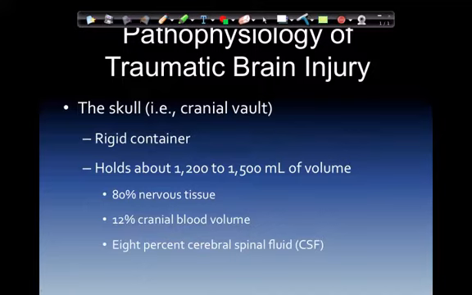Pathophysiology of traumatic brain injury. The skull, or the cranial vault's rigid container, holds about 1,200 to 1,500 milliliters of volume. Now, 80% of this is nervous tissue, 12% is cranial blood, and 8% is cerebrospinal fluid. If any one of these increases its volume, so let's say that the nervous tissue got struck